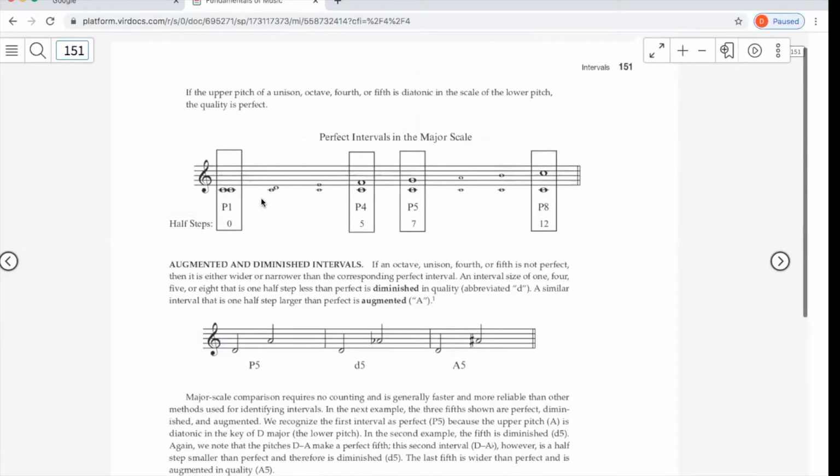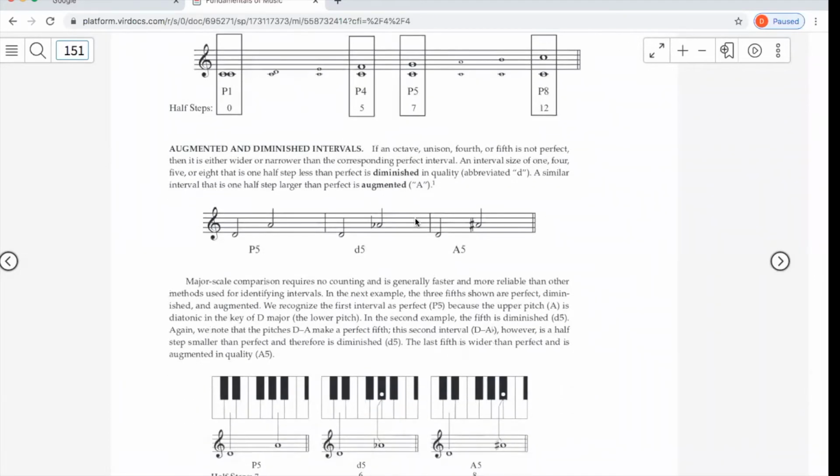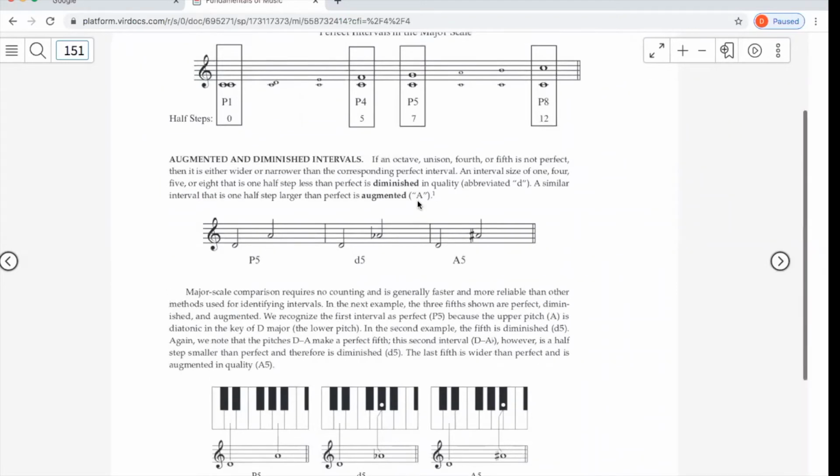And you can use a key signature or just go up the scale to make sure that an interval is perfect. So what if it's not perfect? The only other two options, for us right now anyway, for fourths, fifths, and unisons and octaves, is if it was a bit too small or too close together, like this one. This is not 7 half steps. This is 6 half steps. It is called a diminished,